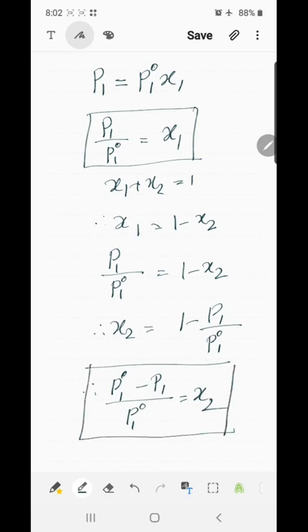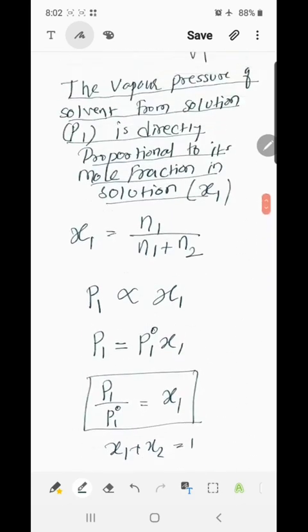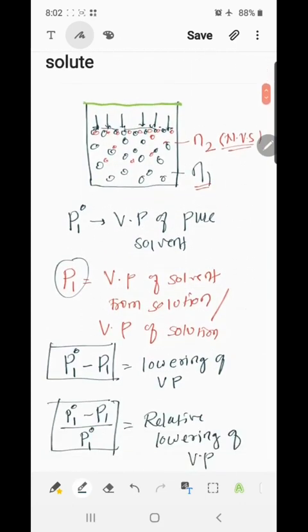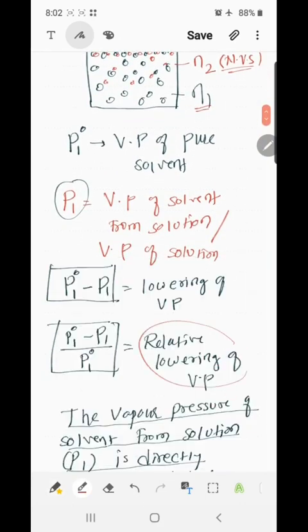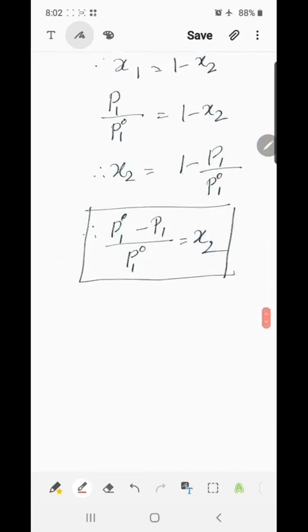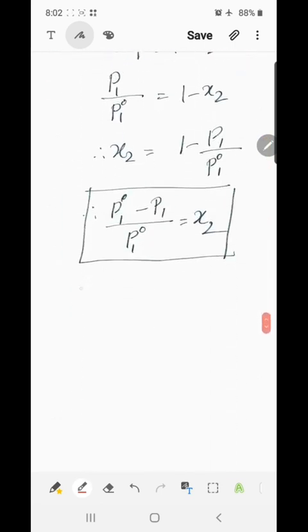So class, if you remember, (P01 minus P1) upon P01, we have called this term the relative lowering of vapor pressure, correct? So this term is called the relative lowering of vapor pressure. So we can also say relative lowering of vapor pressure for solution